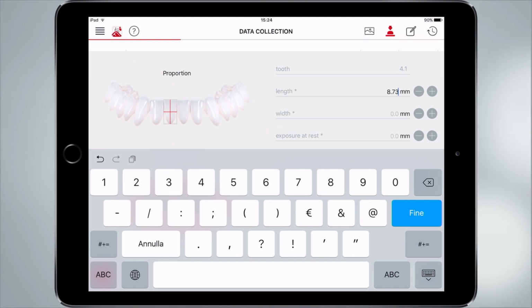That's the length. The width will be 5.64, and the tooth exposure at rest is 3 millimeters. It means that it is visible by 3 millimeters. Okay, now